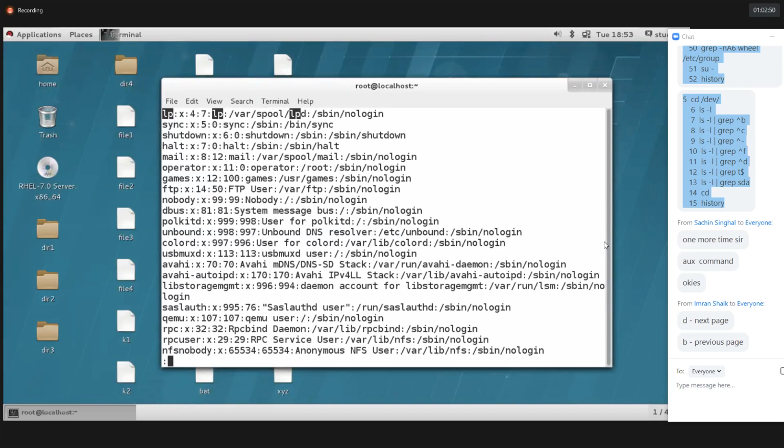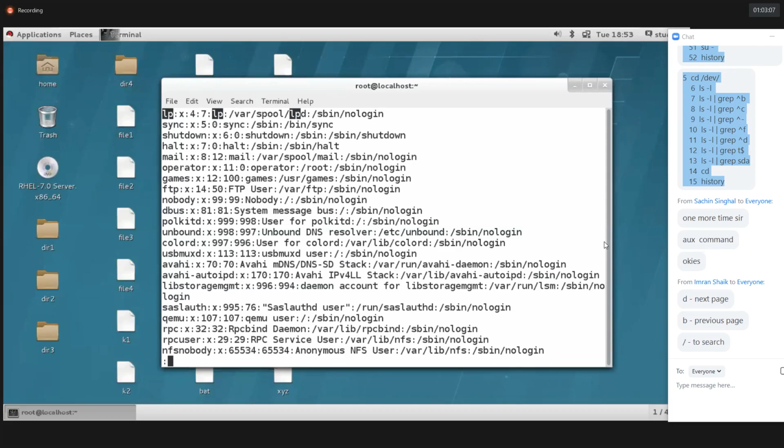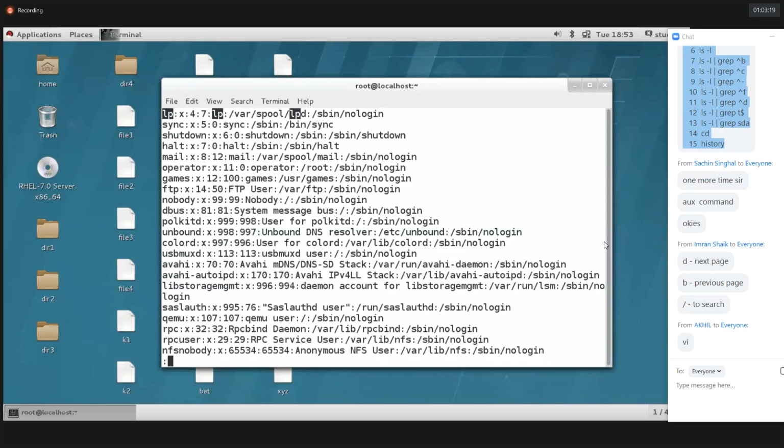Guys, are you able to edit the file with the help of the less command? Can we edit the file? Yes, we can edit the file also. Forward slash to search. So clear? We can edit the file. So how do we edit the file, guys? Which editor do we need to use? Yesterday we discussed a few editors. With the help of the VI editor, we can edit the file.